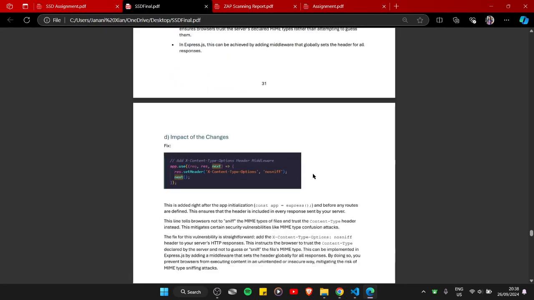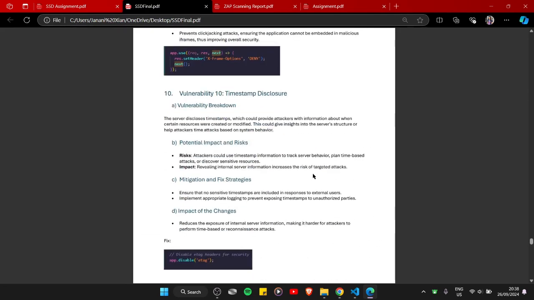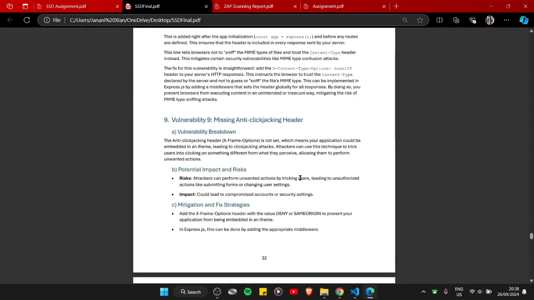So the next vulnerability is the missing anti-clickjacking header, also known as X-Frame-Options. This is not set in the application. This leaves the app vulnerable to clickjacking attacks, and clickjacking allows an attacker to embed the app in an invisible iframe and trick the user into clicking buttons or links they can't actually see. This means that the attacker is able to manipulate the user actions and perform